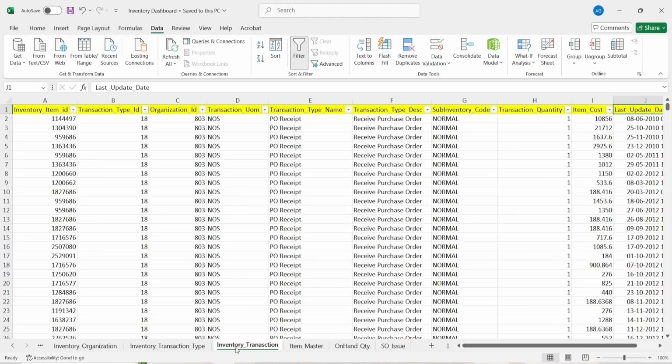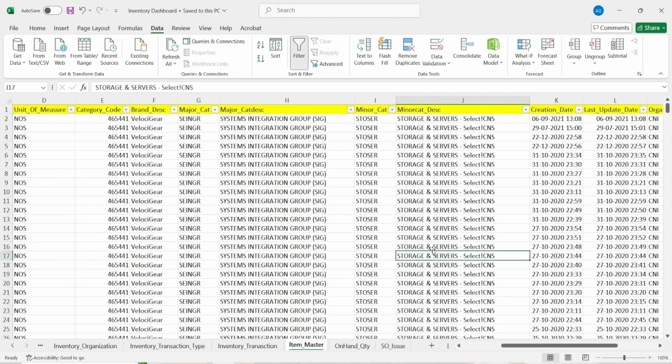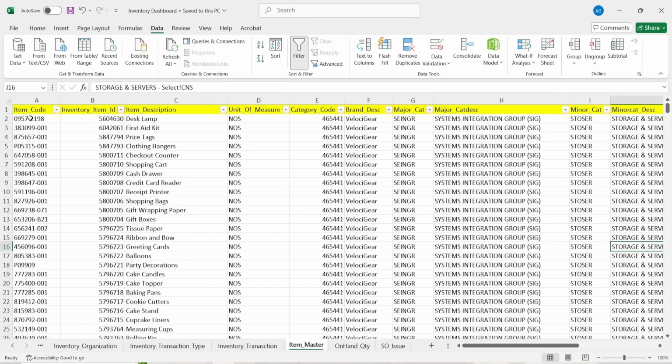After the inventory transaction table, we have the item master table. The item master table keeps all the basic details about the items like their IDs, names, description, category, code, and cost, and also helps to manage inventory easily. In that table, we have columns item code, IDs, then item description, unit of measure, category code, brand description or brand name, then